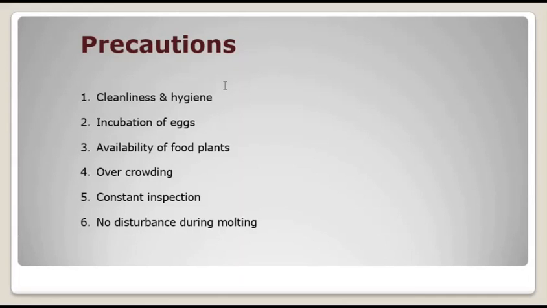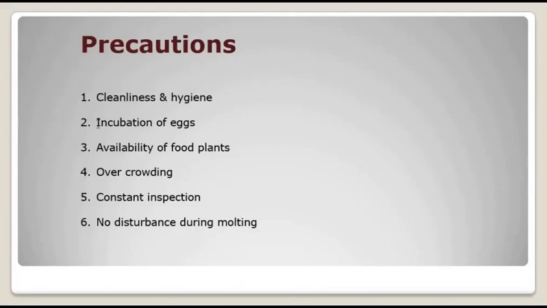When we feed them, when we give them the plant material, that is plant leaves, and while handling them, cleanliness is important. Otherwise, what will happen? The larvae will suffer from a number of diseases, bacterial, viral diseases, right? And that ultimately damages the business or damages the cocoons totally, even the larvae also. So cleanliness and hygiene is very important while rearing the silkworms.